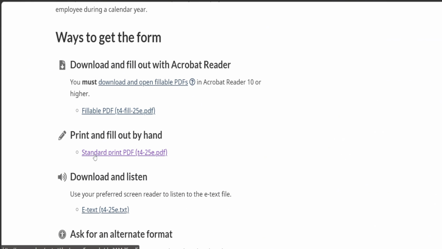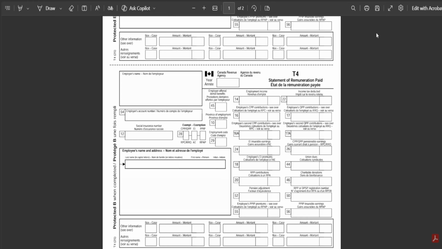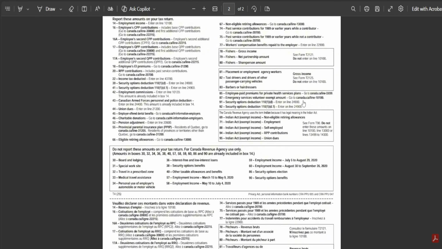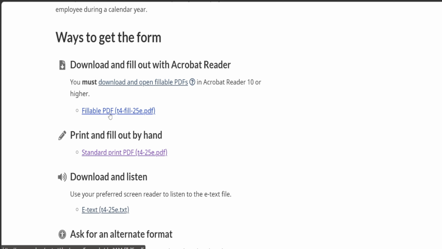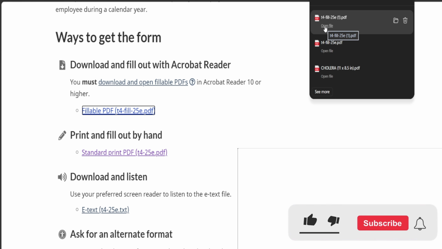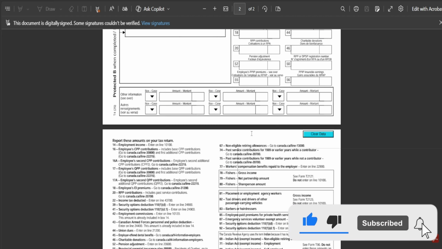Let's say this one, standard print PDF. It's gonna download directly, and then you'll basically just get this. This didn't really download, so what we're gonna do is just press on this one, fillable PDF. It's gonna download like so, and just go ahead and open the file. But it's pretty much now